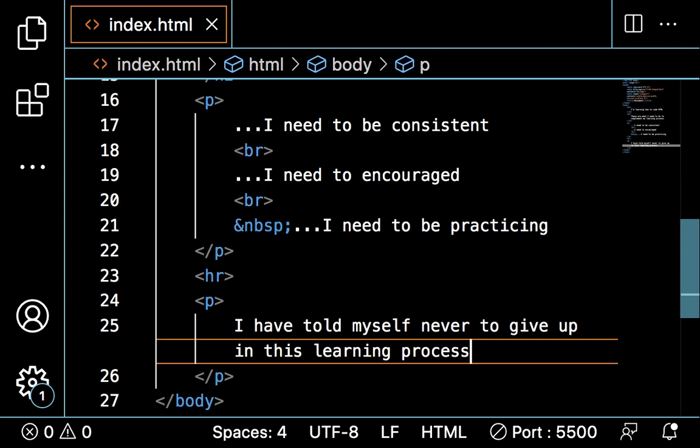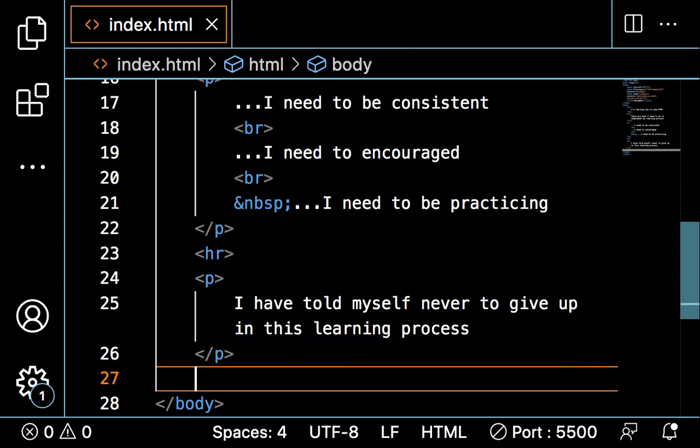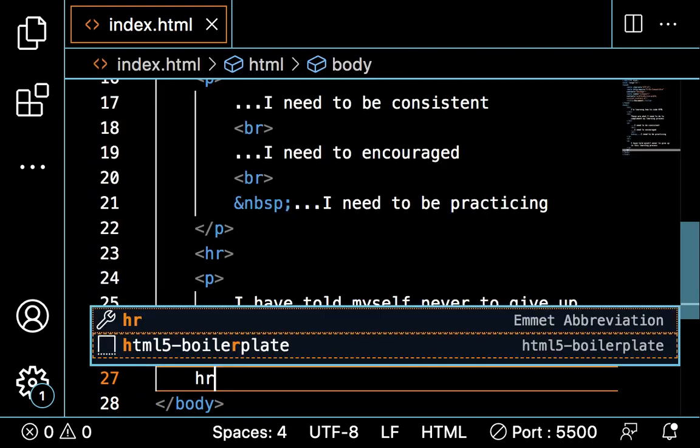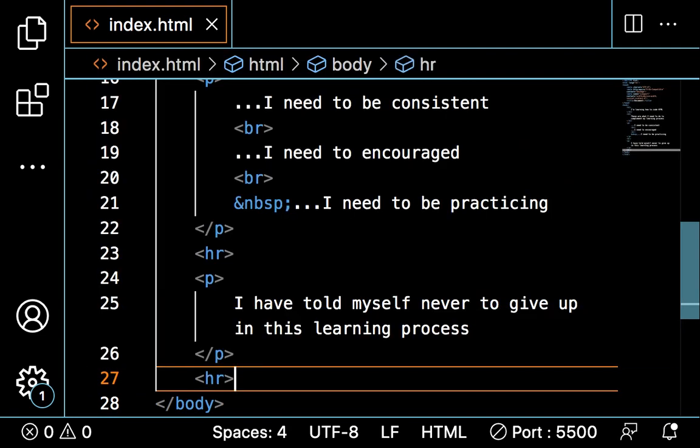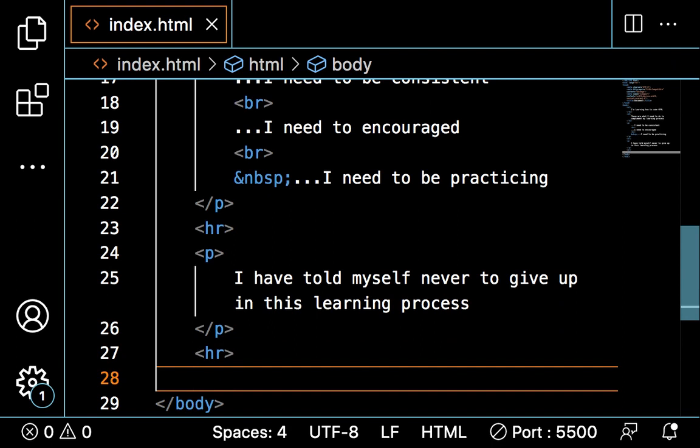Let me introduce another horizontal rule here. Let me say HR. Okay, let me introduce another horizontal rule. So beneath the horizontal rule, let me say